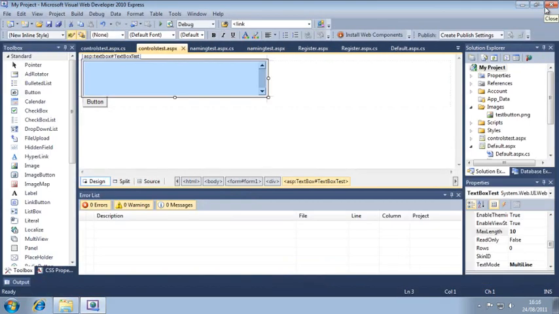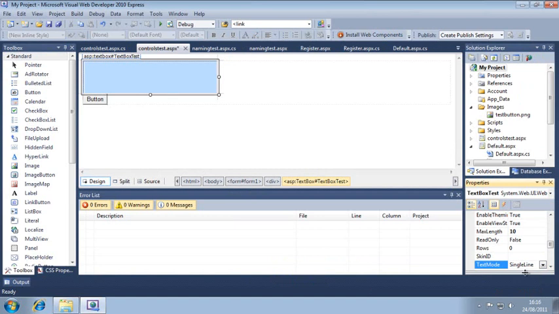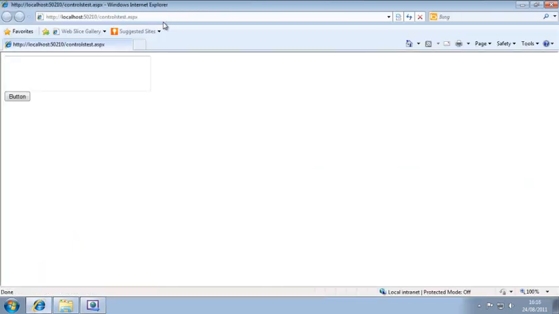and set the text mode property back to single line. View the page in your browser again, and once again type some text into the text box. This time, the text has been limited correctly. Unfortunately, the MaxLength property does not work with multi-line text boxes. Close your browser